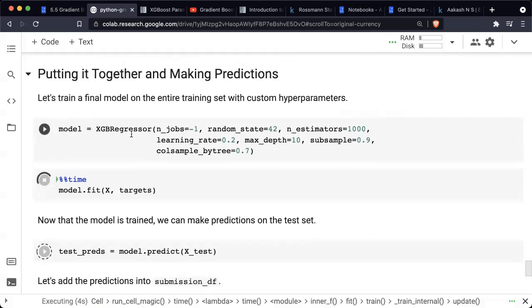And let's train a final model on the entire training set. This is also common practice: you will have a validation set, or maybe you will do cross validation, and you will try many different kinds of experiments, and then you will arrive at certain hyperparameters. Now, once you've arrived at a set of hyperparameters which you believe are the best, at the very end, one last time, you can train your model on the entire training set, which means including the validation set, because now we are done evaluating.